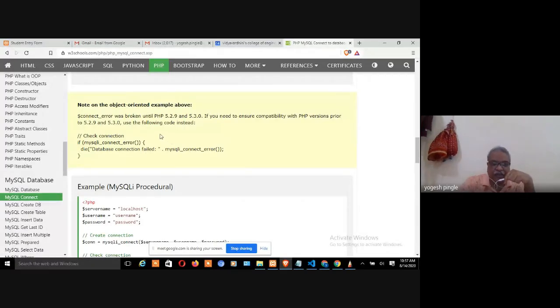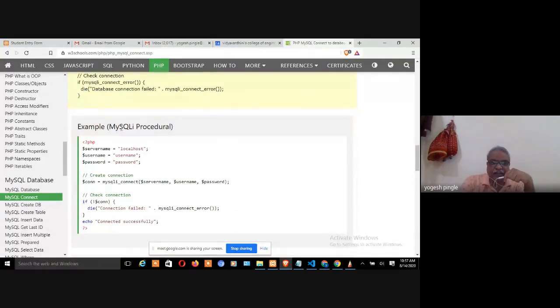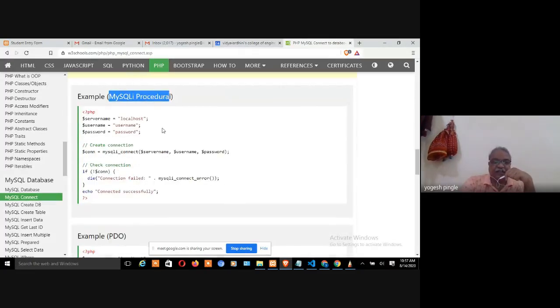By the way, we are not going into detail in that. The second one is something called MySQL procedural. For procedural, I need not check any kind of connection like this, but there is a very small change: this $con, and there is a negation. The exclamation mark states a negation. We already know this from the previous languages. So only this much it will take care of, right?